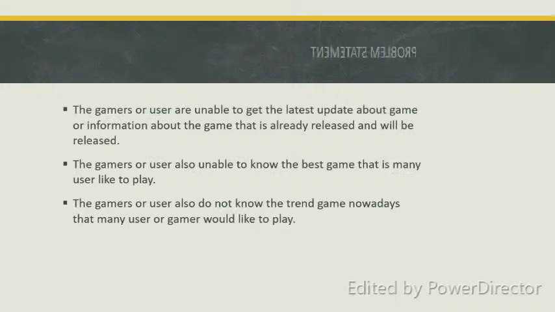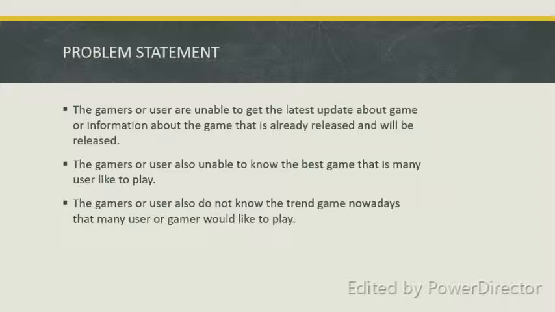Then I want to tell you about the problem statement of the Game Recommender System. Problem statement. The gamers or users are not able to get the latest updates or information about games that are already released and will be released. The gamers or users also are unable to know the best game that many users like to play. They also do not know the trending games nowadays that many users or gamers like to